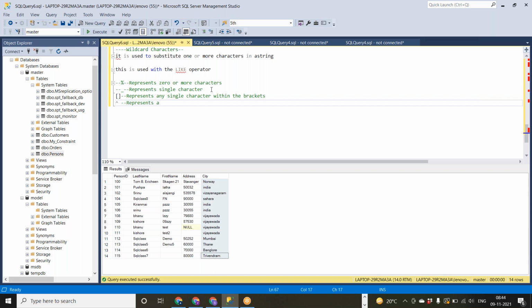It represents any character not in the brackets. This is also like the not operator. We have a range.